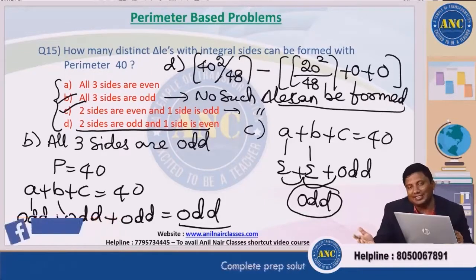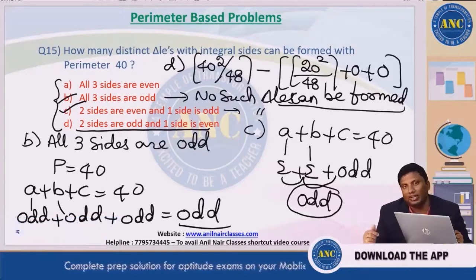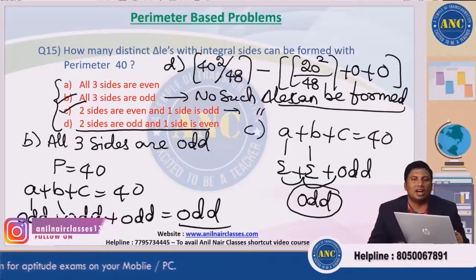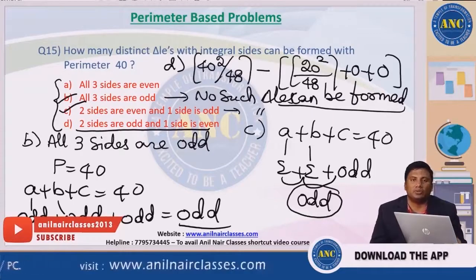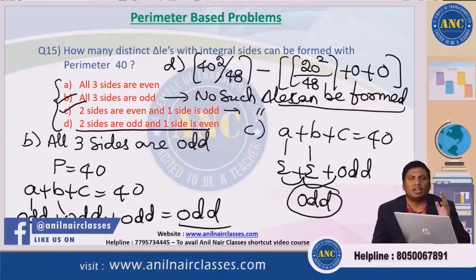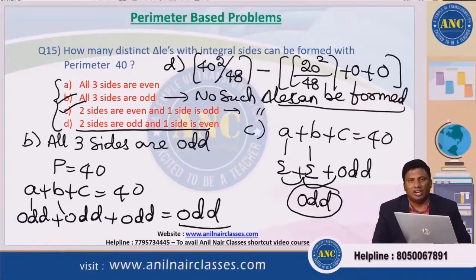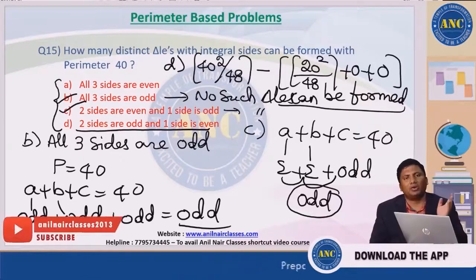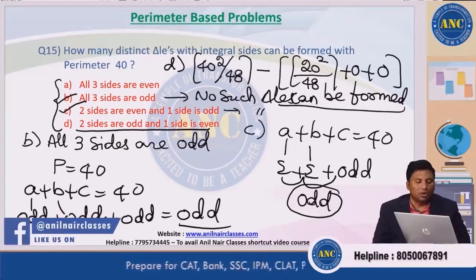If the right hand side is an even number, all the three could be even, or two could be odd and one could be even. So total cases minus all these cases. Other than these two cases, there is no other case possible. For the right hand side to be an even number, what are the cases possible? All the three should be even. Two are odd and one is even. It could be odd, even, odd; even, odd, odd; or odd, odd, even. All the cases will come under that set. I hope it is clear.